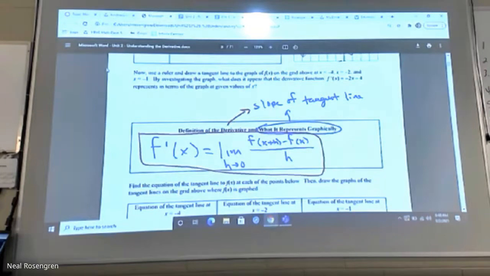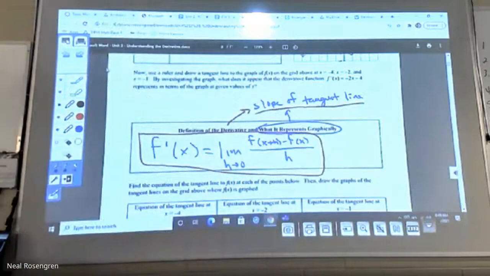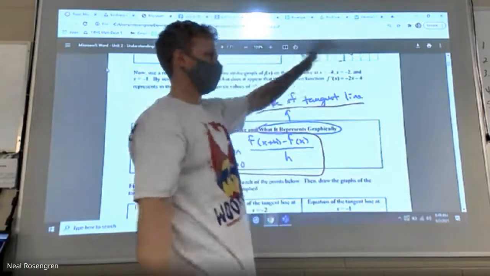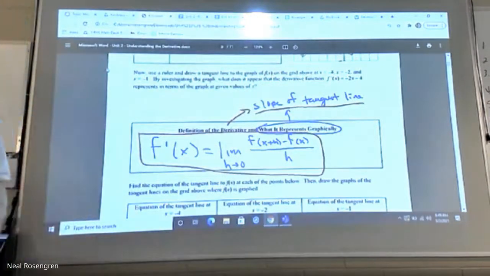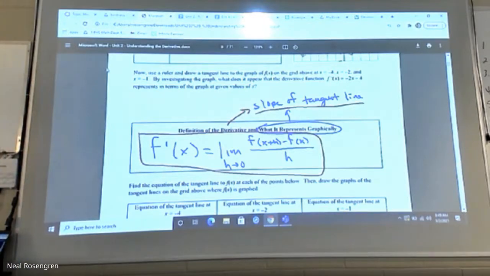So here's a function. We can find the derivative at any point. It becomes its own function of x, whose sole purpose is to give me the slope of the tangent line at whatever x value you choose. So they're going to give us an f of x, or g of x, or h of x, whatever. We're going to find the derivative by going through this process: evaluate, expand, simplify. Don't worry, we'll find shortcuts really soon, like next week, and be able to use those right away. Chapter 2 is really short. It's just an introduction to the derivative.